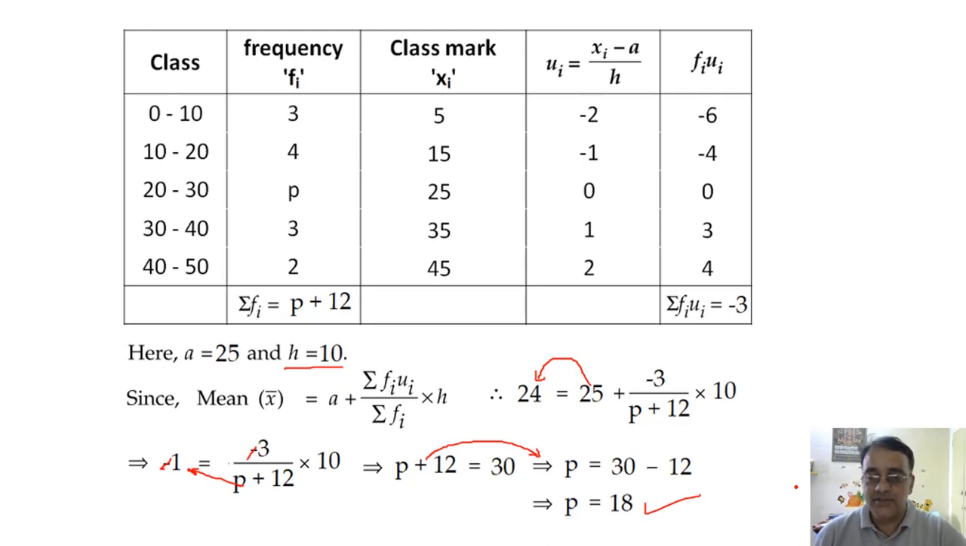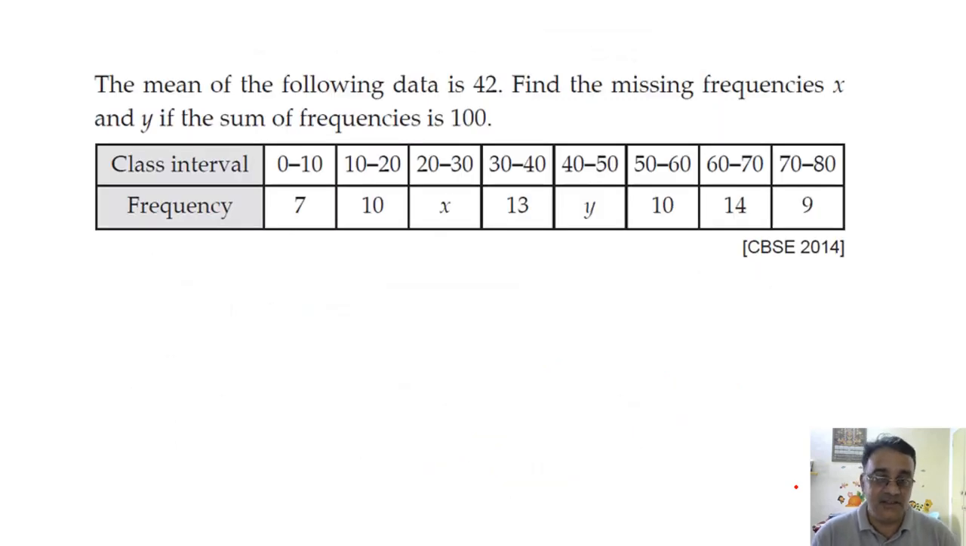No, sir. Okay, so this is only one missing frequency type question. Now I'm going to show one more example in which two frequencies are missing, and this is also a CBSE question, 2014. The mean of the following data is given 42, and here two missing frequencies are there, X and Y. Okay, if the sum of the frequencies is 100,